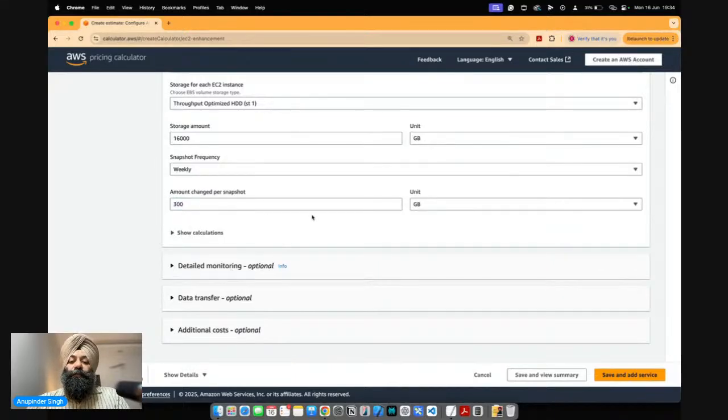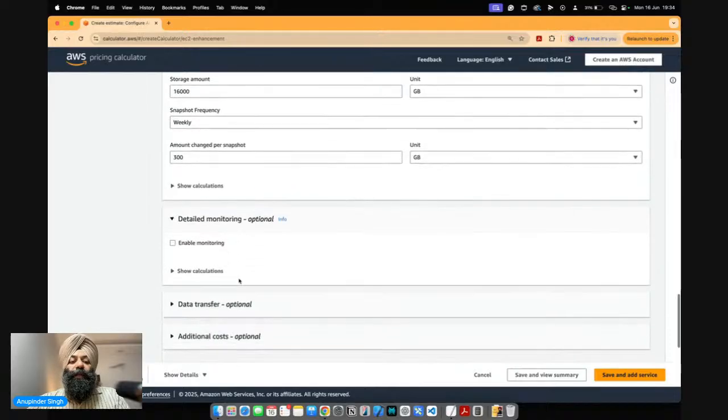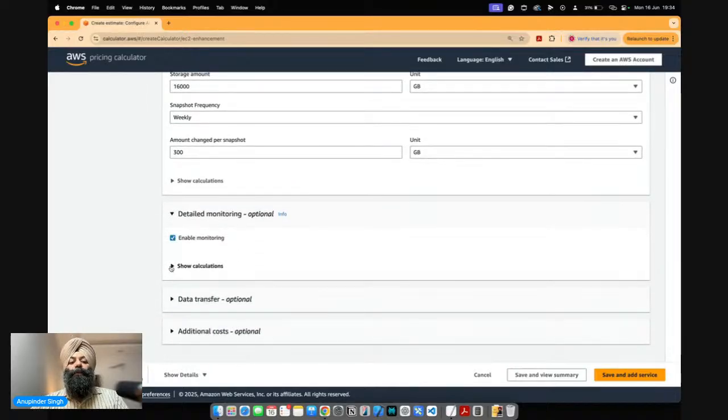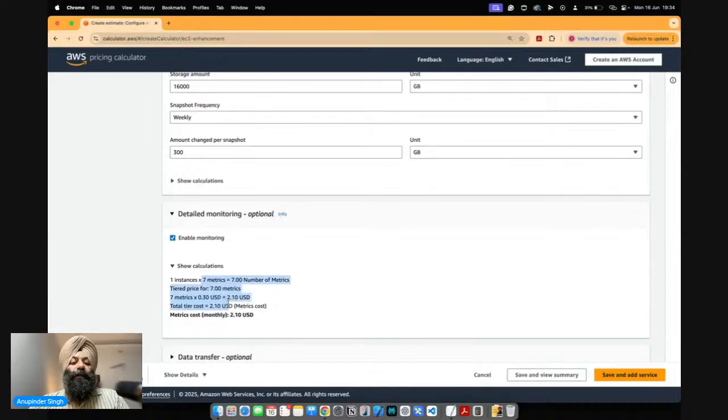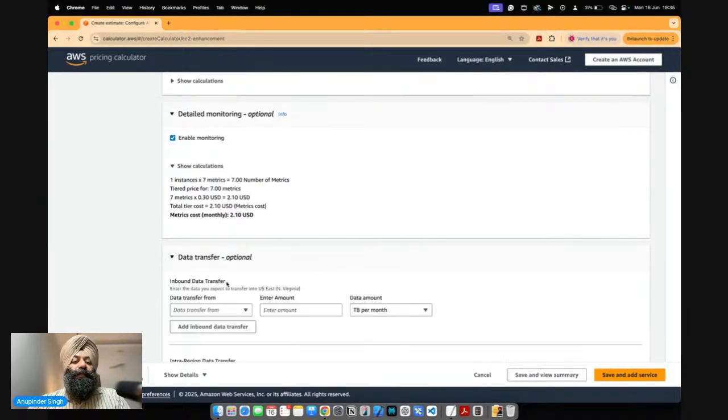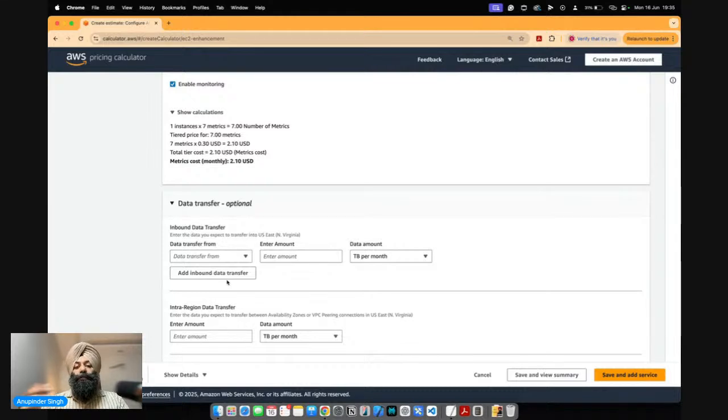And similar to this, there is monitoring as well. If you want to enable monitoring, what sort of in and out is happening, all that can be done, and based on that, your additional cost is going to be added to it. Then there is a data transfer cost. Now this data transfer cost is zero for inbound, while outbound actually costs. So let's say I want to use 1600 terabytes per month on the internet as inbound traffic, there is no cost.